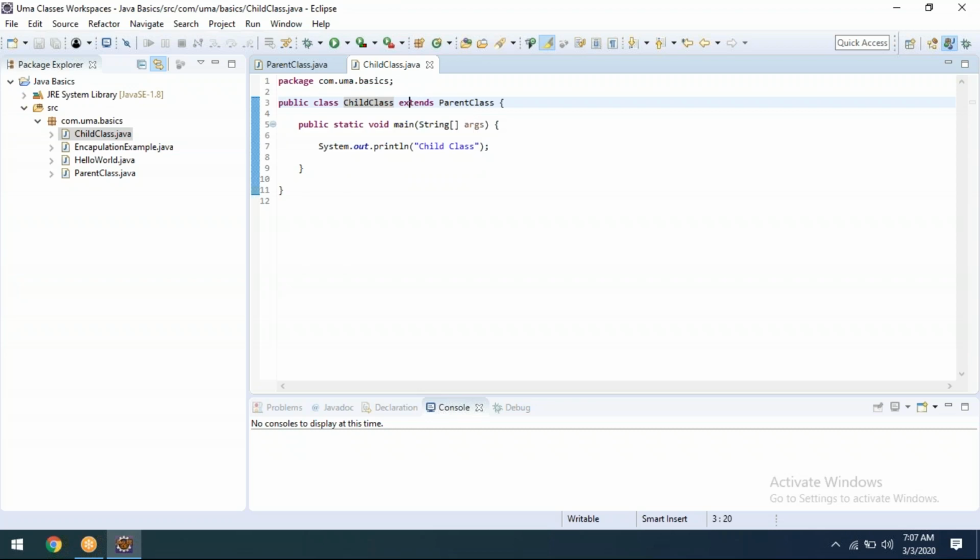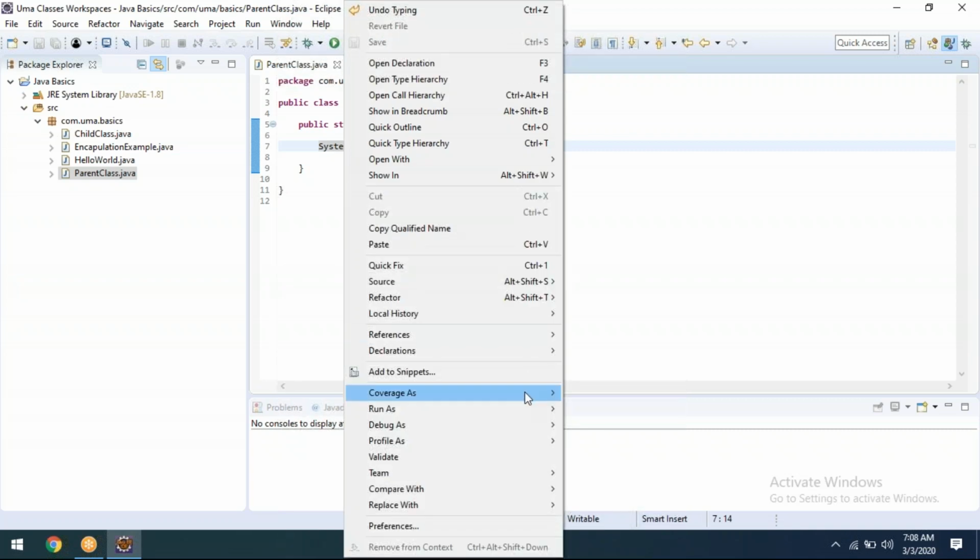Whatever class we mention, leave the remaining things aside and just talk about the first one. The left side always will be the child class. The right side always will be the parent. Agree?